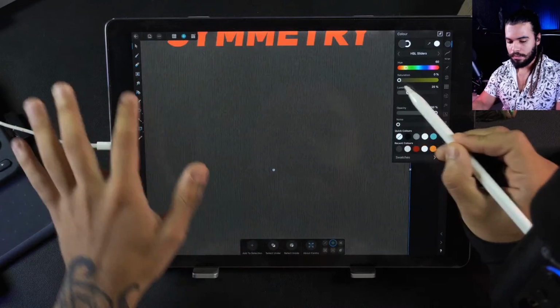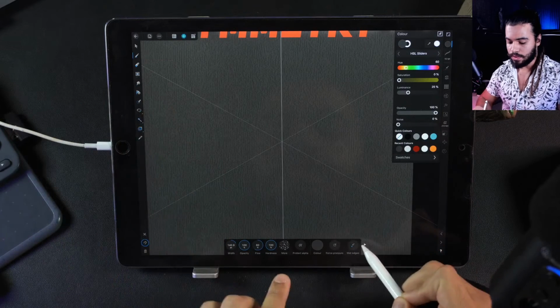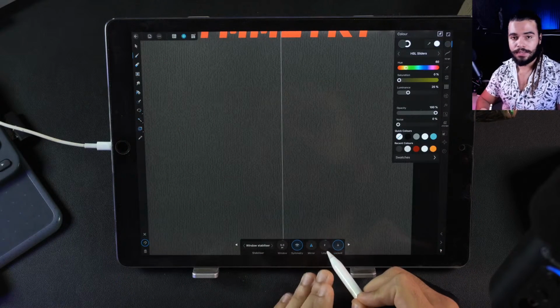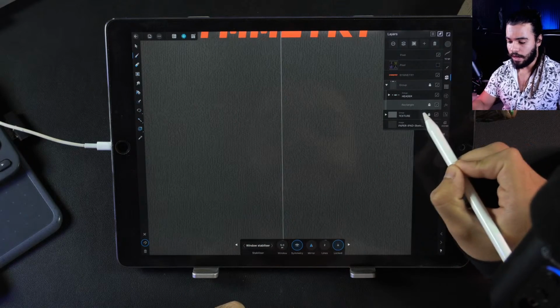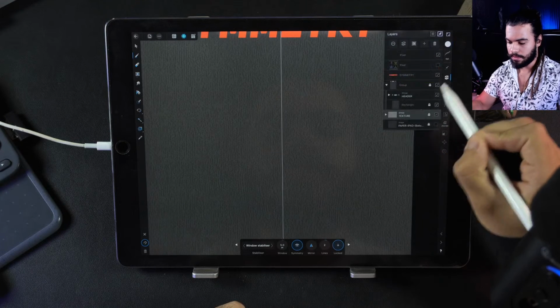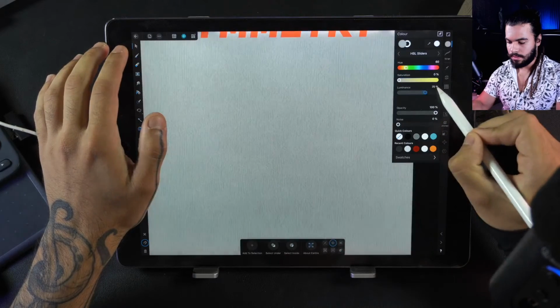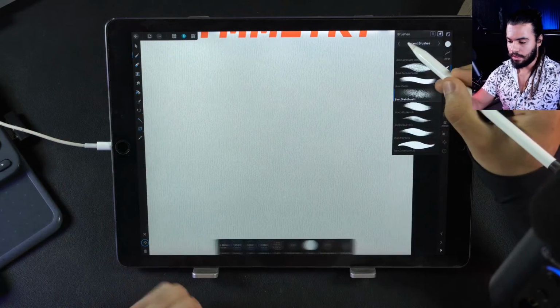Look, I'm gonna grab here, and these are the symmetrical tools that we have, okay? For example, if I just keep two lines, it's going to be symmetrical on this line here, okay? So if I start to draw right now, let me show you an example, okay? Let me change this color to white again, and I will create with the pixel layer, right? And I'm going to grab here